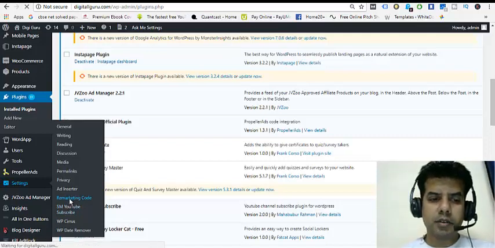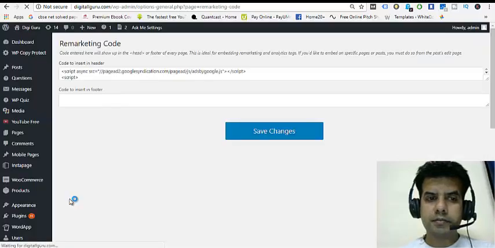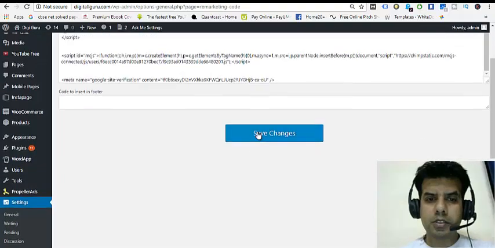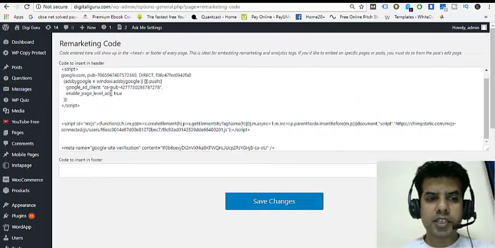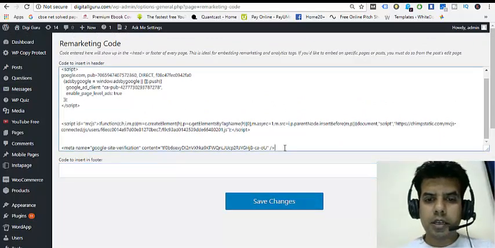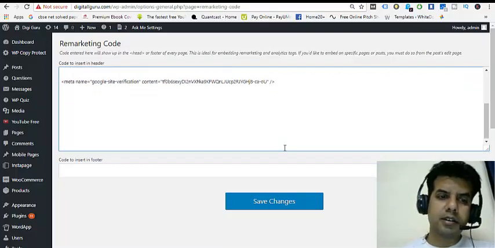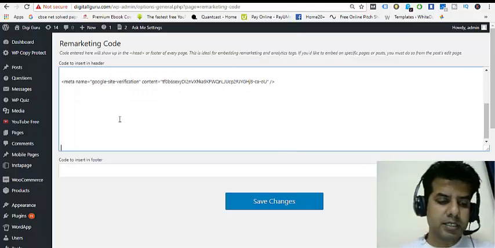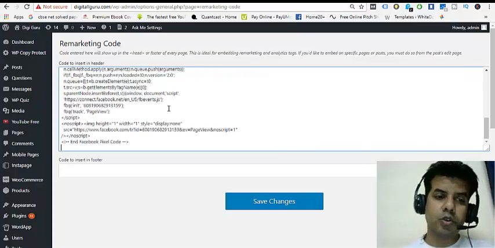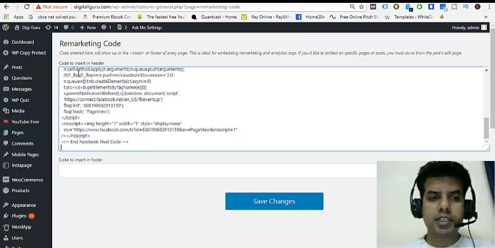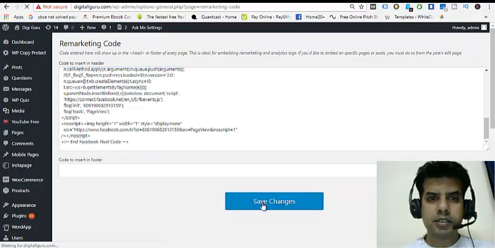You just simply need to go here, to remarketing code, and as I have already pasted a few of the codes, I'll simply go at the bottom of all the codes. Now in this you'd have two sections, header and footer. When we read the instructions, they clearly instructed that we need to enter it into the header. So we'll create some space and simply paste the code that we have copied from there. This is the Facebook pixel code, and it is in the head section. Once you have pasted, save changes,